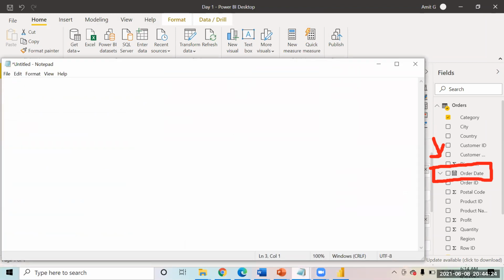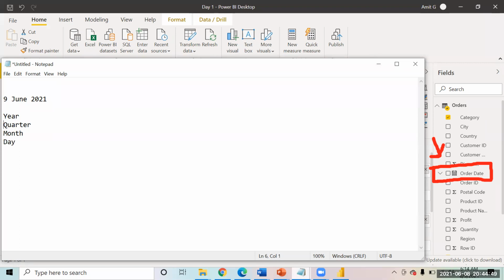Date is something like, if I write today's date, like 9 June 2021. From a given date, I can extract a year, I can extract quarter, I can extract month, and I can extract day.